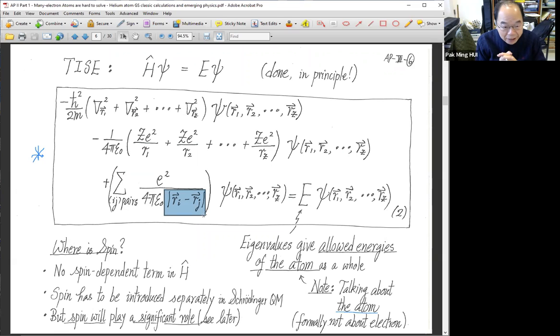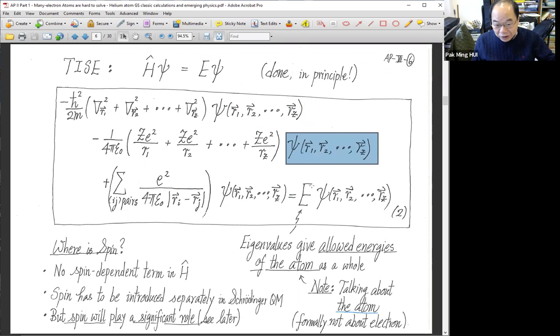If you have Z electrons, the distinct pairs total Z times (Z minus 1) over 2. So that is the total repulsive electron interaction potential energy term. Thereby, we know the Hamiltonian, and H psi equals E psi